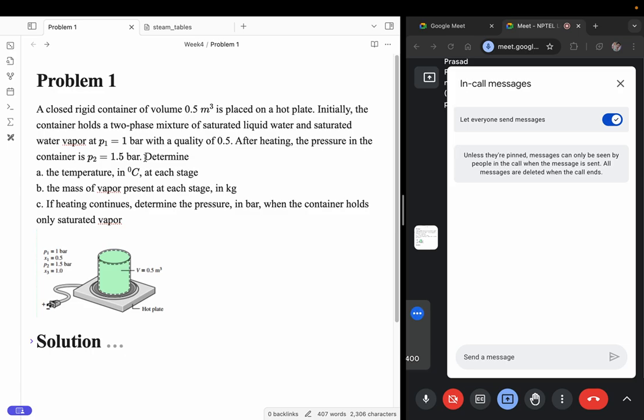So the first question is, you have a closed rigid container of a certain specific volume. It's specified that the volume is 0.5 meter cube, placed on a hot plate. Initially the container holds a two-phase mixture. By two-phase mixture we mean the liquid phase is in equilibrium with the vapor, saturated water vapor at a pressure of 1 bar with a quality of 0.5. So quality is defined by